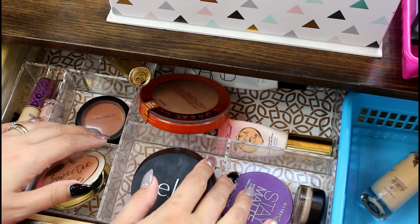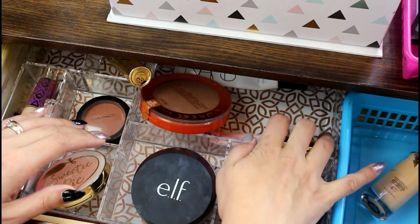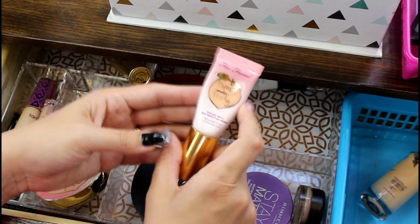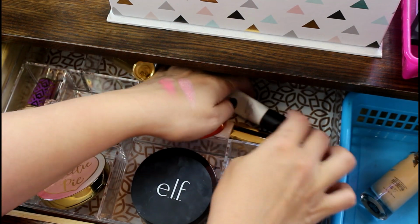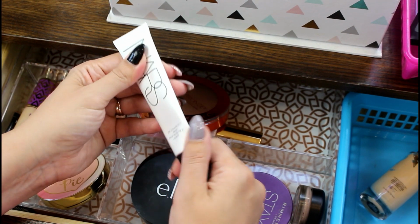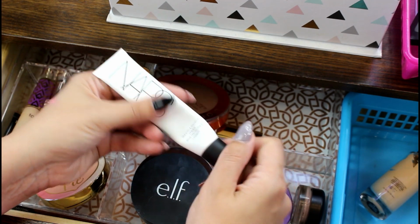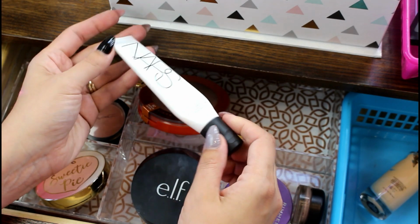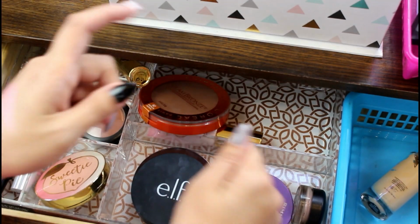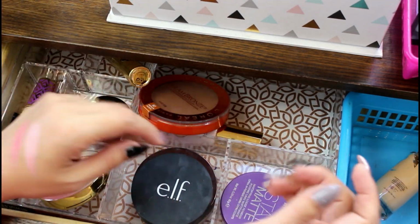All right, as for primer, this guy here, the Primed and Peachy from Too Faced, this is now in a project, so this is staying in. And the NARS Smooth and Protect Primer, I guess I'm gonna put this back. This is my holy grail. I love it. I kind of want to keep it in, but I know I need to use other stuff, and plus I'm focusing on that Too Faced one anyway, so I'll put that back. Okay,